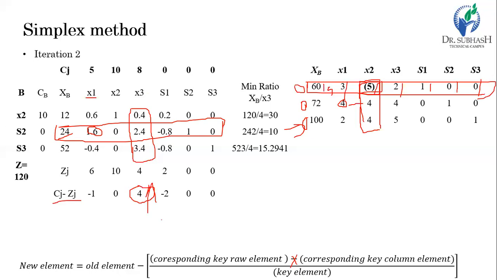In the next iteration, x2 will be replaced by x3. So this iteration number 2 we have taken just for our reference, and in iteration number 3, the variables are as they are, and the coefficients of the variables in the objective function are as they are. Then for the basic variable, as we have mentioned earlier, s2 will be replaced by x3, and it is done here. And the coefficient of the basic variables: for x2 it is 10 and for x3 it is 8.